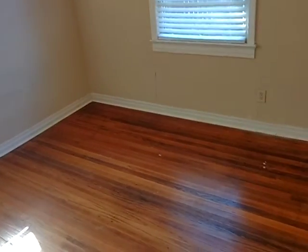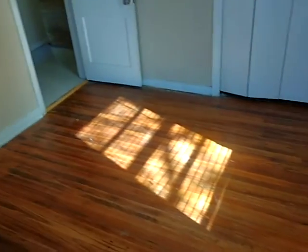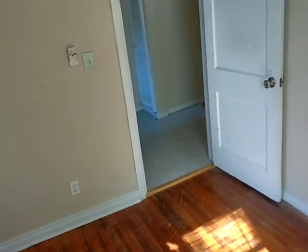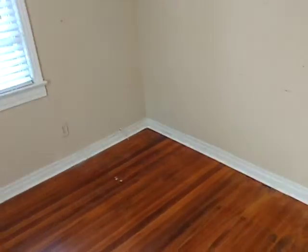The back bedroom here. This is a nice sized room. The floors are beautiful. Yeah, a double or queen size bed can go right there. Plenty of room for a dresser and